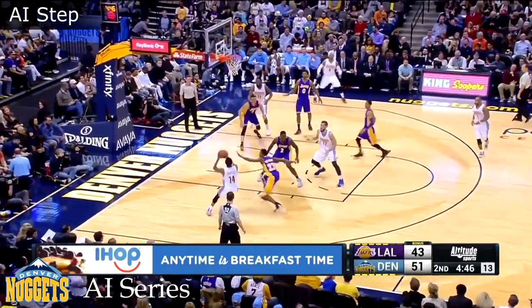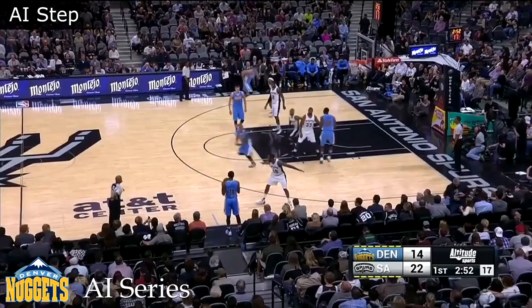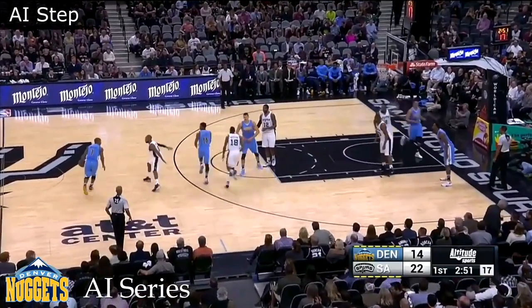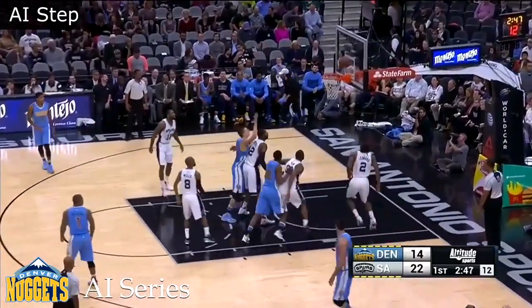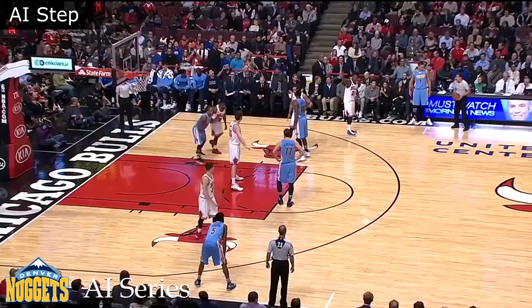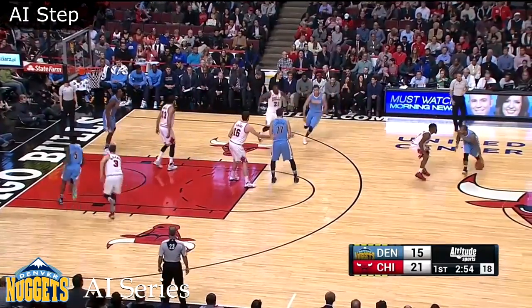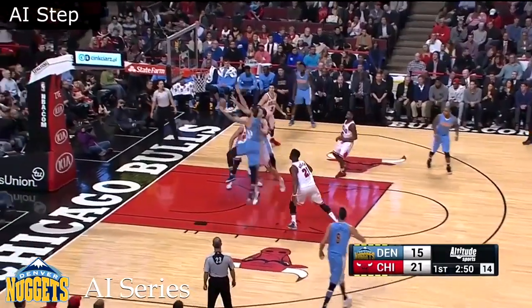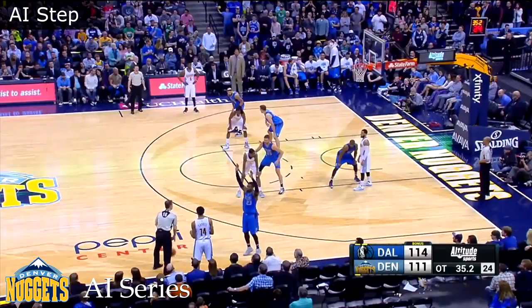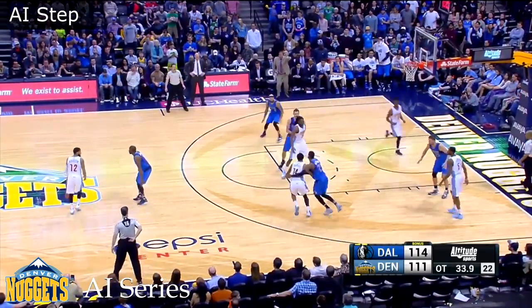Over to Harris. He pulls up. Boy, that's a confident look. Points as Darrell Arthur comes on for Kenneth Faried. Jameer Nelson is in. Nuggets need a hoop this time down. Jokic has it. Floats it up and in. The runs of points have hurt the Denver Nuggets. Let's see if they can get a bucket to stop it right here. Jameer Nelson gets a screen. Give to Joffrey. Score! Know that Dirk has taken less to stay in Dallas so they can try to build